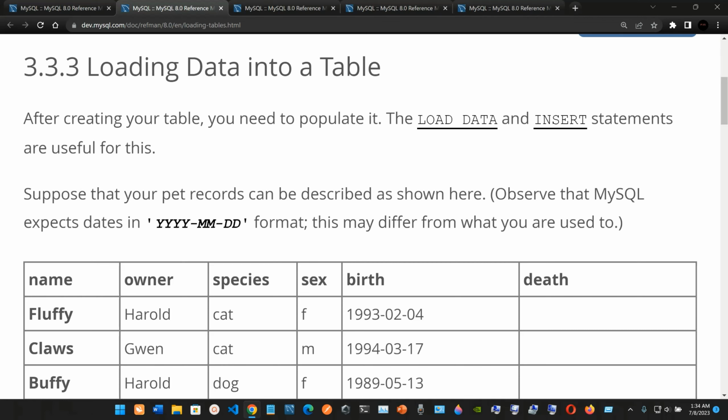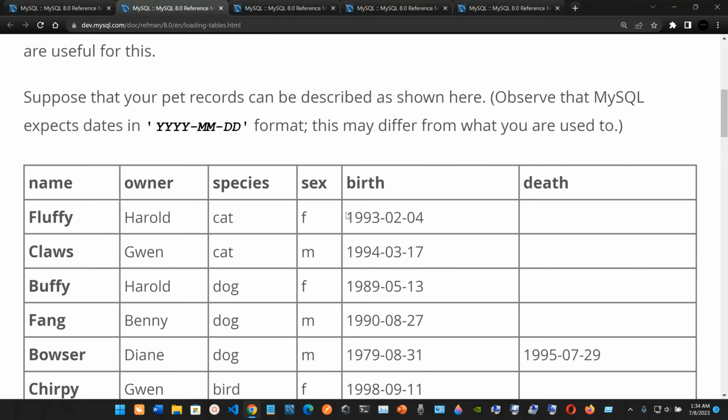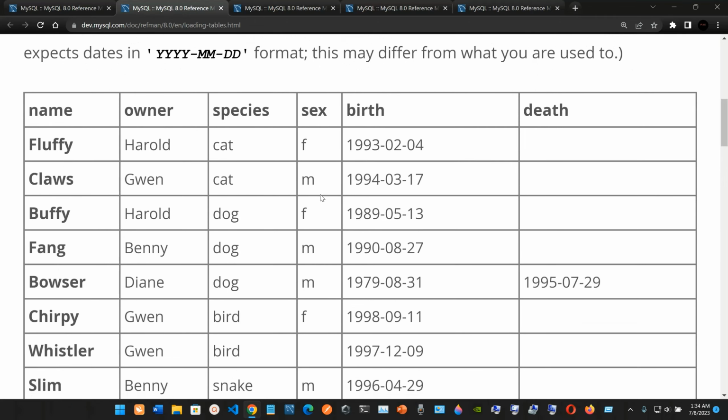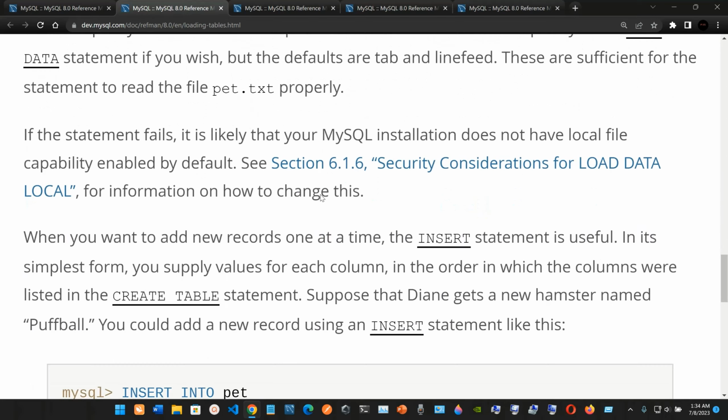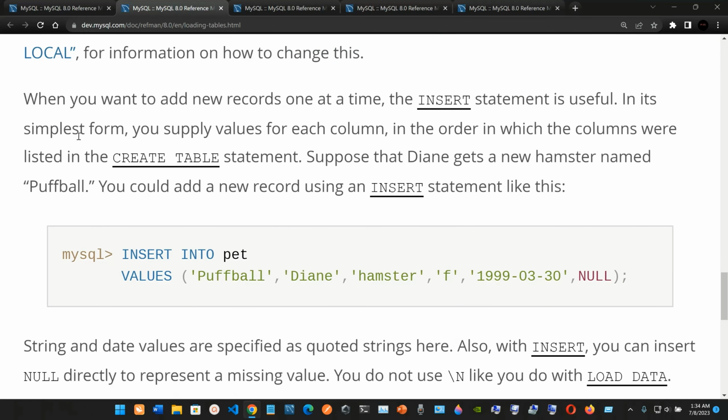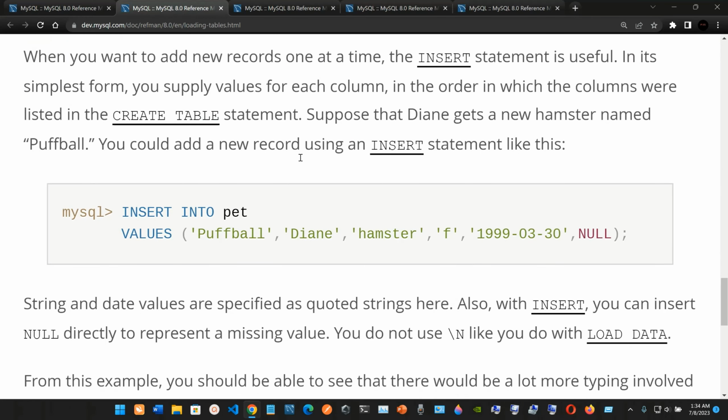So in the previous video we saw how to load data into a table, and we had this example with 6 columns. Right now we're going to see how to add individual records. When you want to add new records one at a time, the insert statement is useful. In its simplest form, you supply values for each column in the order in which the columns were listed in